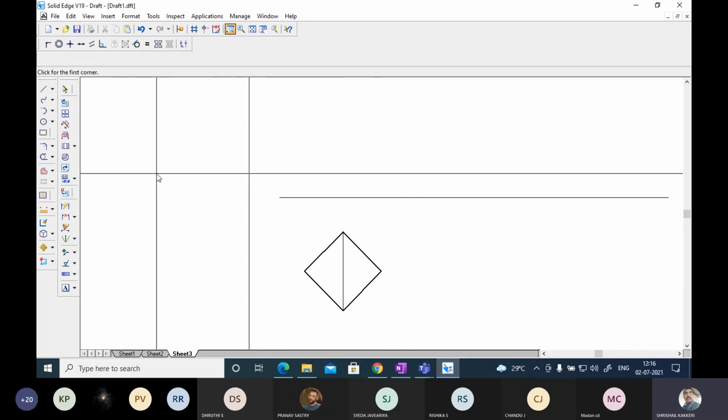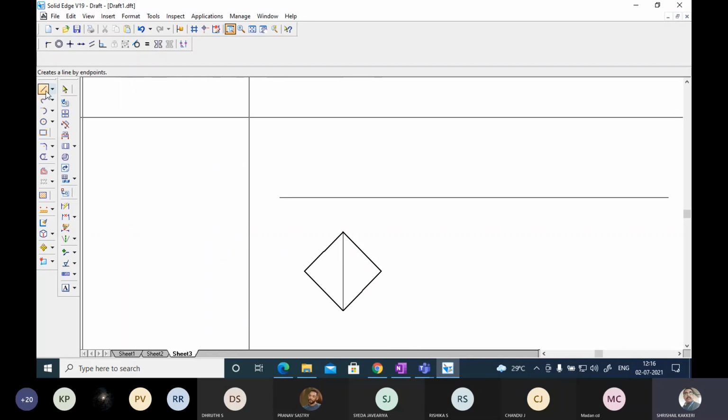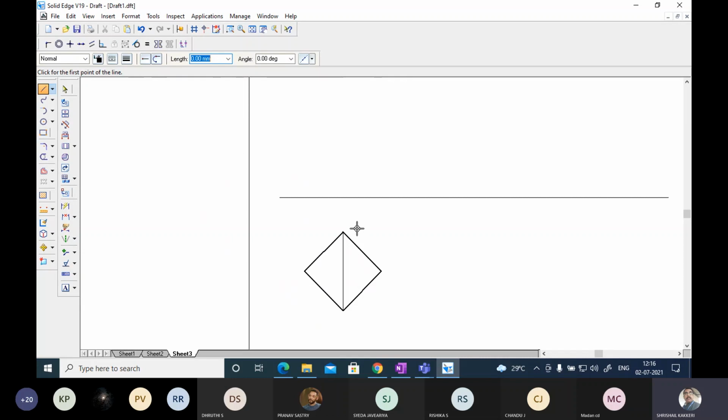Next, I want the axis height to be 60 mm. So before that, you project the lines. Okay, I have projected the lines, some length you take. Next, draw the lines from all sides. From here I have drawn these lines. If the line needs to be extended, you can extend it; if you don't want, you can trim also. And I want a line from here at a height of 60 mm, 60 tab 90 degree. I have drawn this line.